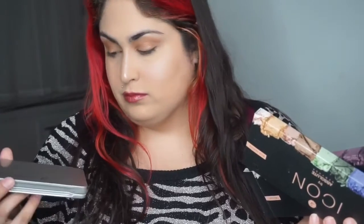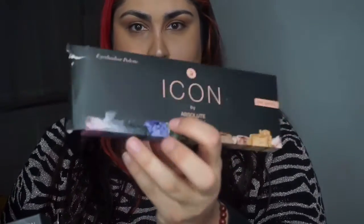So I saved the packaging because on the actual package itself, it doesn't give you much information. It doesn't tell you which one it is, nada. So I did pick up, they're by Absolute New York, which is a brand I've heard of before, so I wasn't so skeptical since I have heard of that brand. And I picked up Noir Garden Color Eyeshadow Palette. You can see all the colors down here. And then I also picked up the